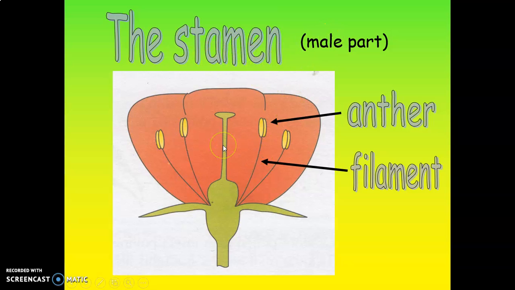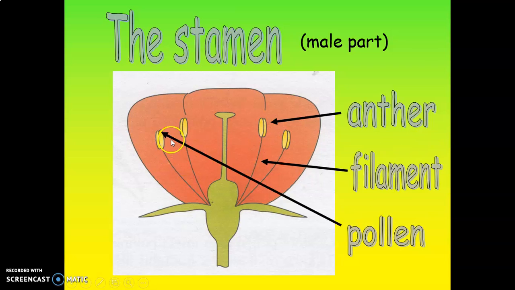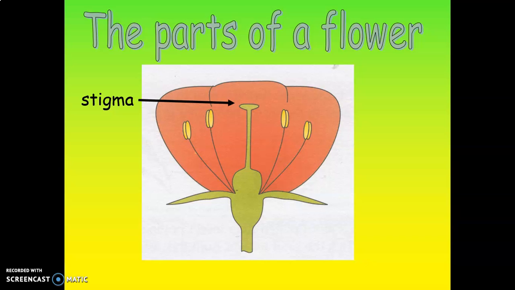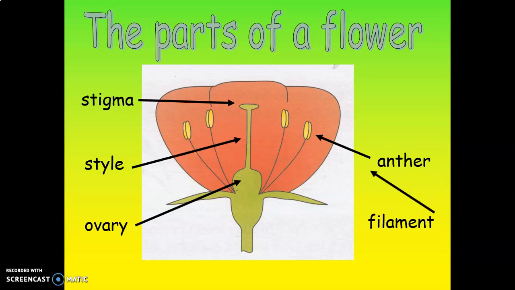In here, I want you to remember that in the anther, we find the pollen, which is the powder found in the flower. Now, these are all of the parts of the flower combined. So again, stigma, style, ovary make the pistil, and anther and filament, when we have pollen in the anther, make